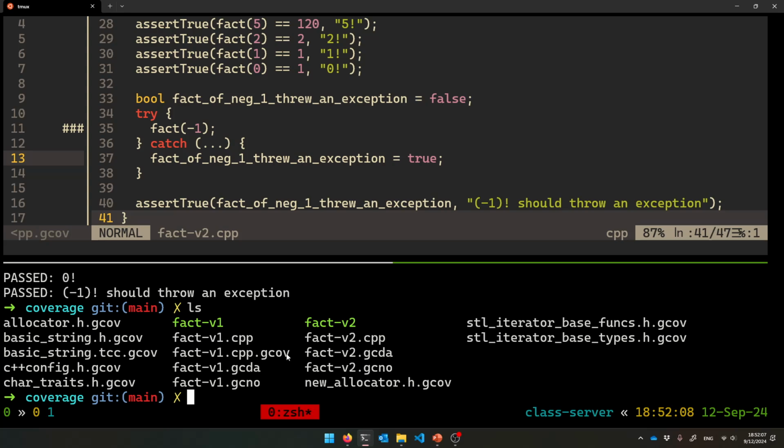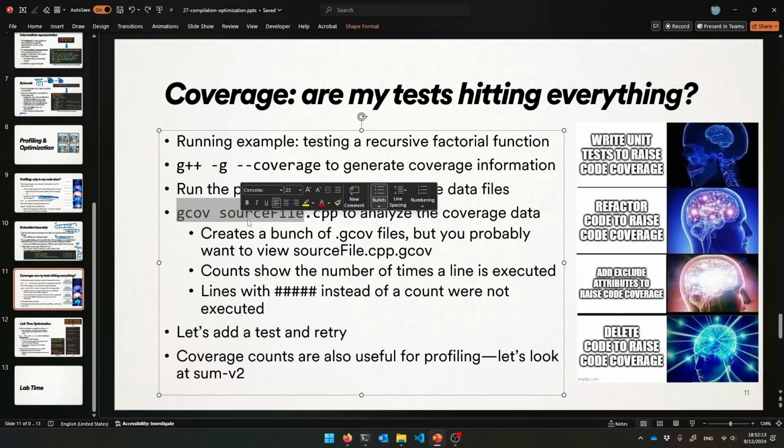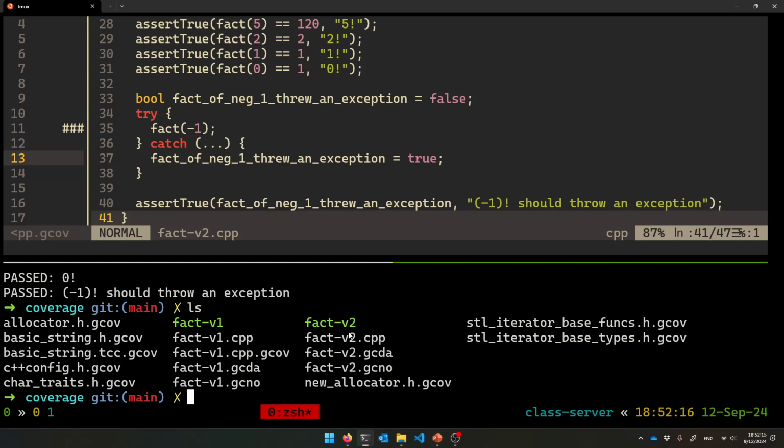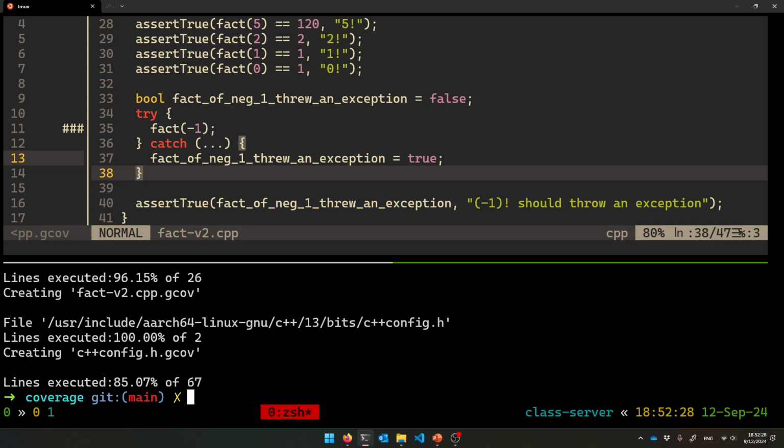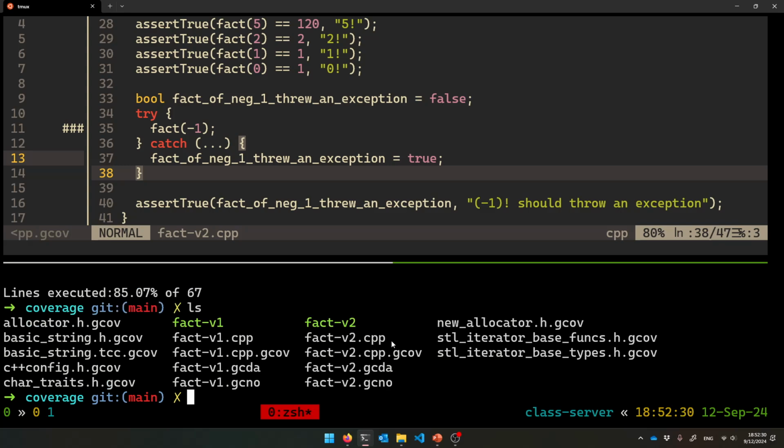fact_v2 should be .cpp.gcov. It hasn't been made yet because I forgot to run gcov on it. All right, so now you have to take these, it's kept track of its information. Now we have to actually have it run the numbers with the gcov program on the file that I care about, fact_v2.cpp. So there it's going to go and run our coverage things, reset files, make this one,